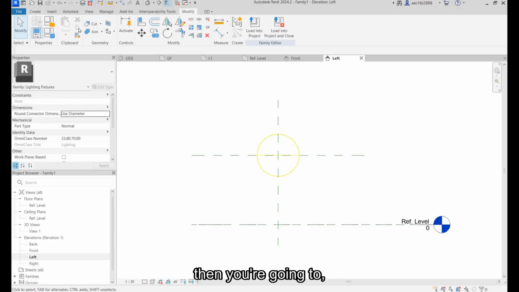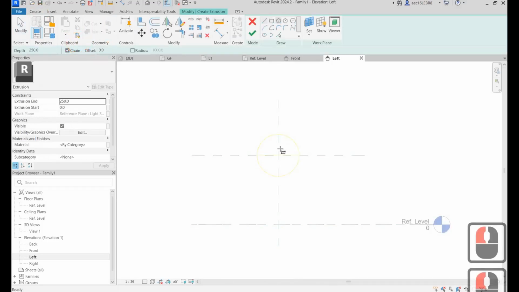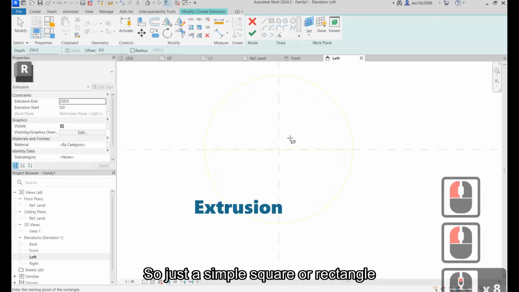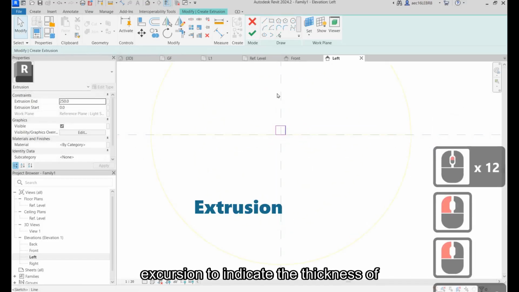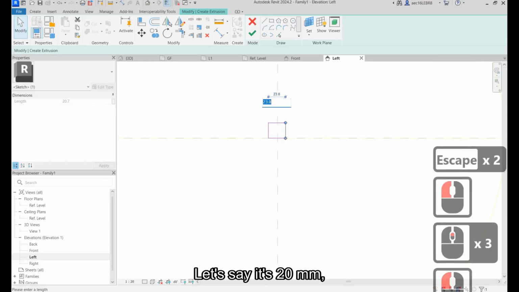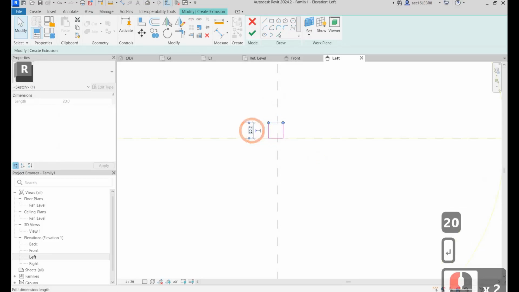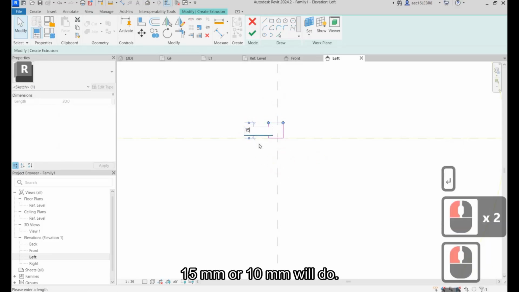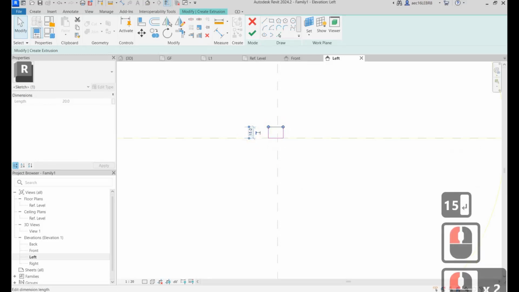Then from the left view, you're going to create an extrusion. Just a simple square or rectangle extrusion to indicate the thickness of the lighting. Let's say it's 20 mm, 15 mm, or 10 mm will do.